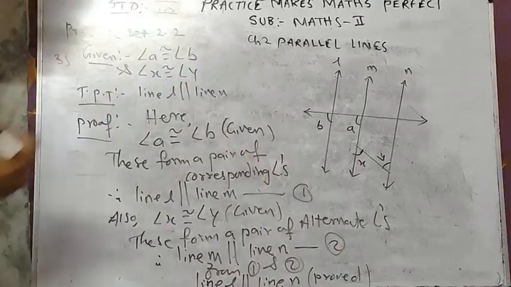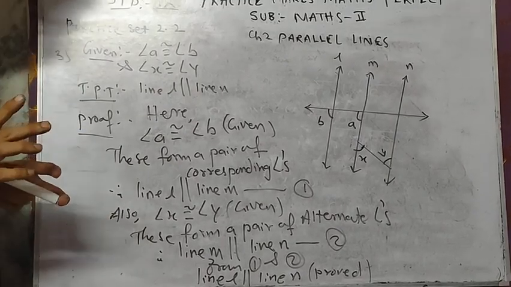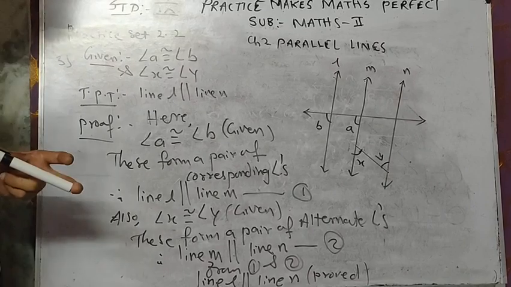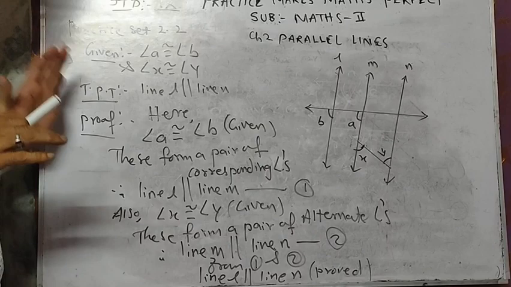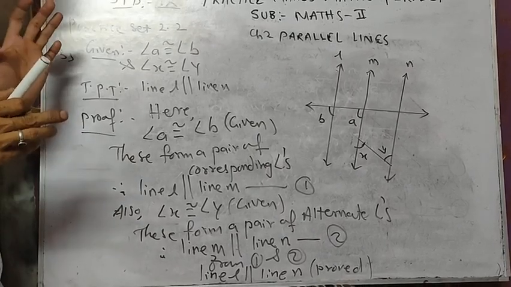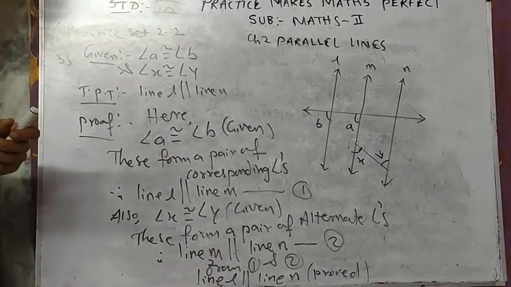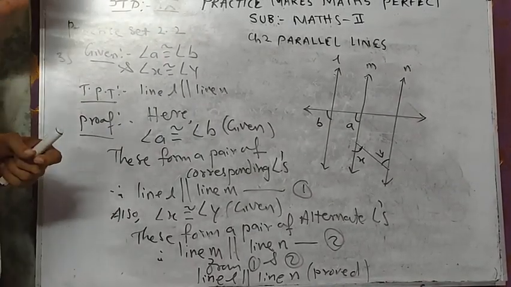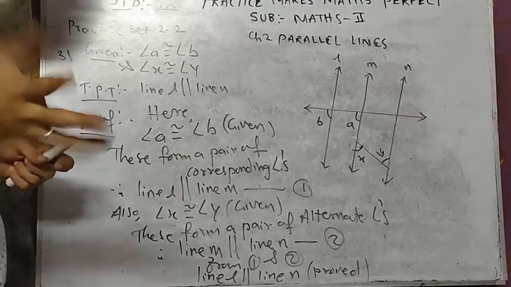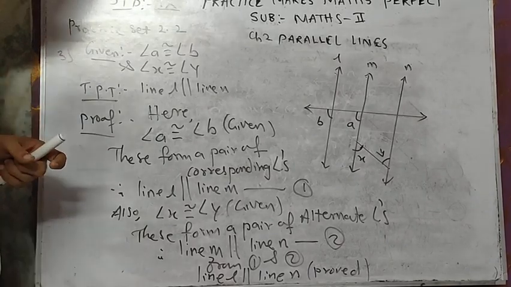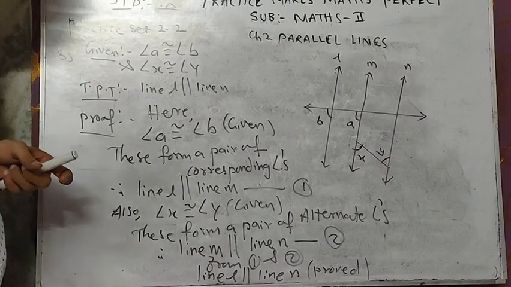Proved. Okay, very simple sum, but it is very important sum also. Okay, you have to note it down. It is very important sum also, and very easy sum it is. Very easily you can complete this sum. Just observe the angles. When you observe the angles, you will come to know whether they are corresponding or whether they are alternate or whether they are interior. Okay, when the diagram is given, angles are given, you have to observe the angles, because now basic concept you know very well.